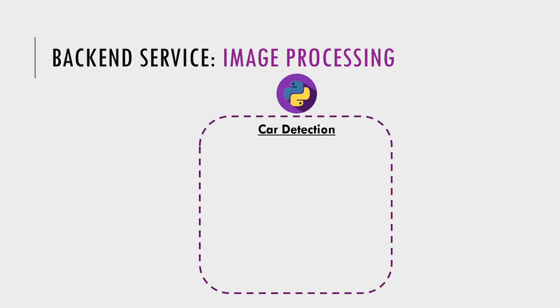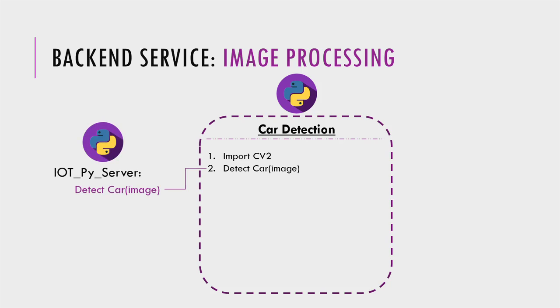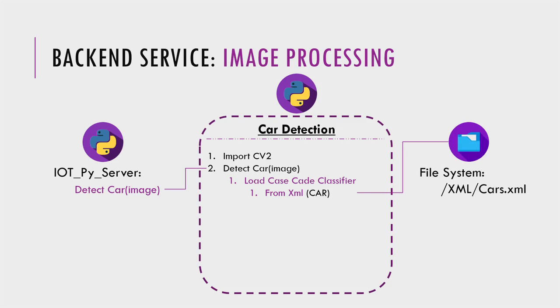Now let's discuss how the image processing works. I'm not going deeper, it's just surface information on how it is working. So first we import CV2, and then we have a function, which I already mentioned in the previous slide, detect car, which takes the images. Basically this function loads the images from the file directory, and then we load the classifier, which uses the XML car model, which is already pre-trained. I just took it from GitHub, so you can also do it.